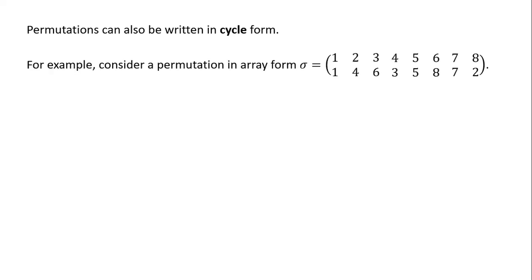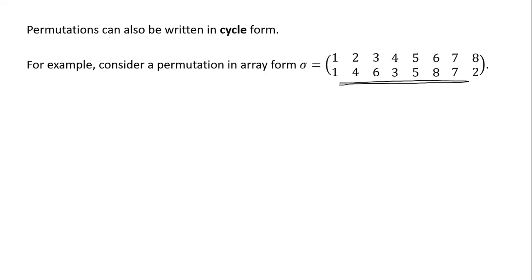Now, we can also represent permutations in cycle form. So we will be seeing how we can represent any permutation in cycle form. Consider a permutation in array form, which is this. Let sigma be any permutation we have, and now we will see what is meant by representing this permutation